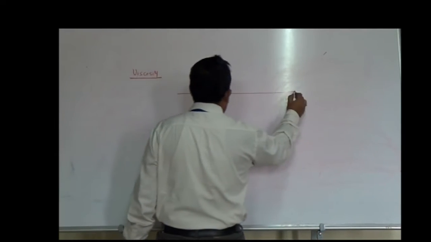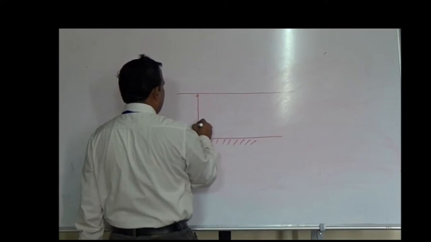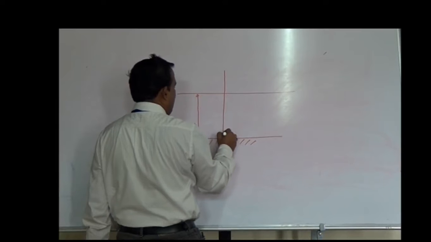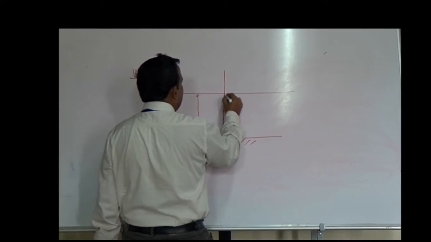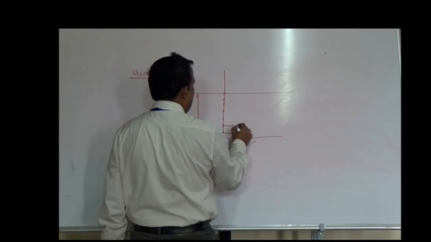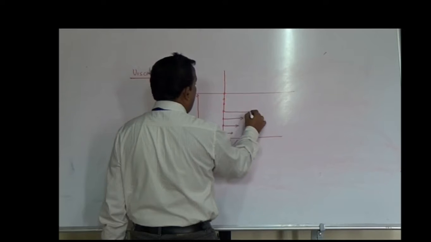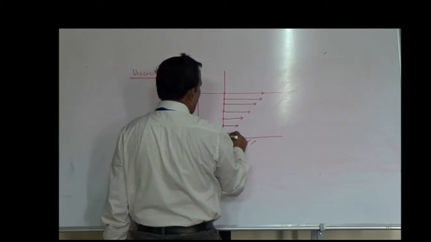He took a layer of fluid, say of thickness T, and observed that the velocity along the y axis goes on changing. At the bottom it is 0, then there is some velocity which we can show by vector quantity. Then if you join them like this,